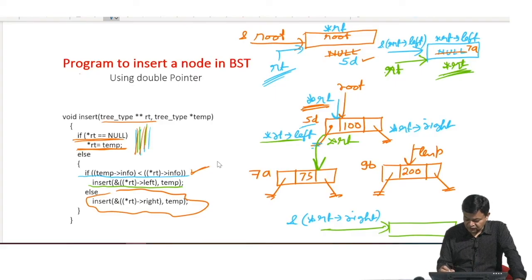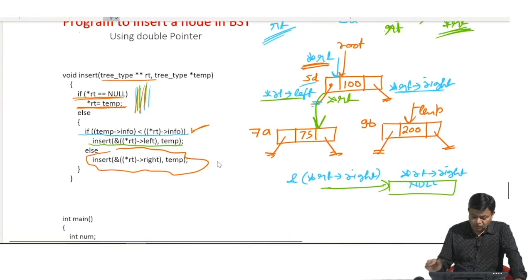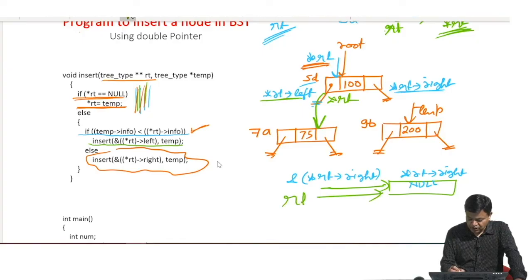So, inside this, the first insert's *rt->right will be stored. What is the first insert's *rt->right? This is equal to null. So, null is stored. Now, what about the second insert? The second insert's rt will be pointing here. So, from the second insert's point of view, this value will be *rt.